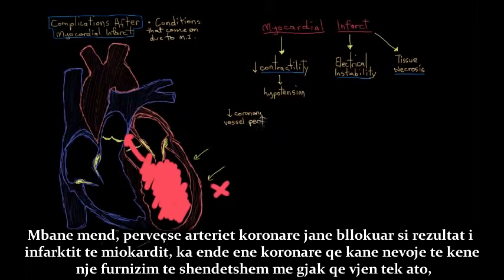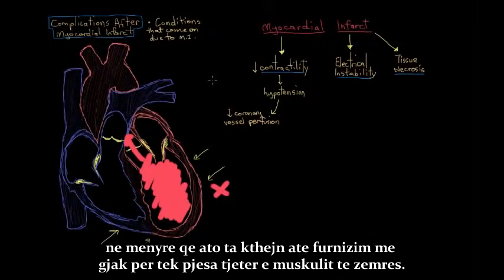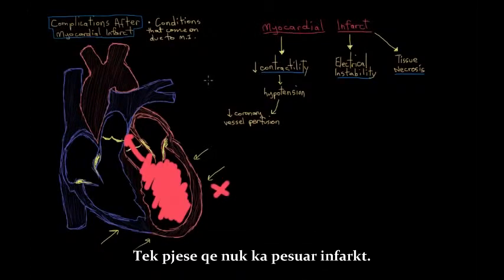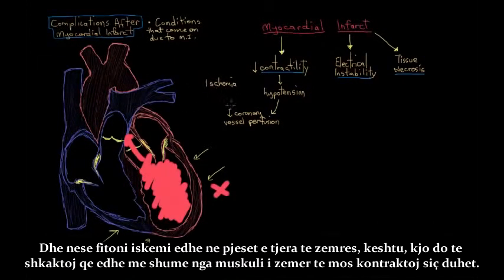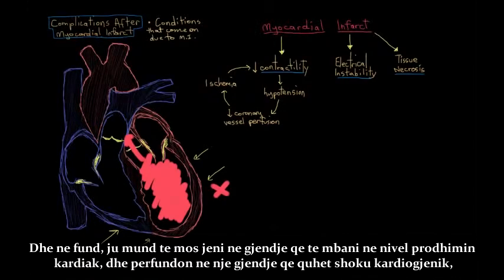Remember, besides the coronary artery that's been blocked to result in your myocardial infarct, there are still other coronary vessels that need to have a healthy supply of blood coming to them so that they can in turn supply blood to the rest of your heart muscle, right? The heart muscle that isn't infarcted. So if they're not getting enough blood, then you'll start to get ischemia in the muscle in other parts of your heart. And if you get ischemia in other parts of your heart, then that'll cause more of your heart muscle all over to not contract properly. And eventually you might not be able to maintain your cardiac output at all,